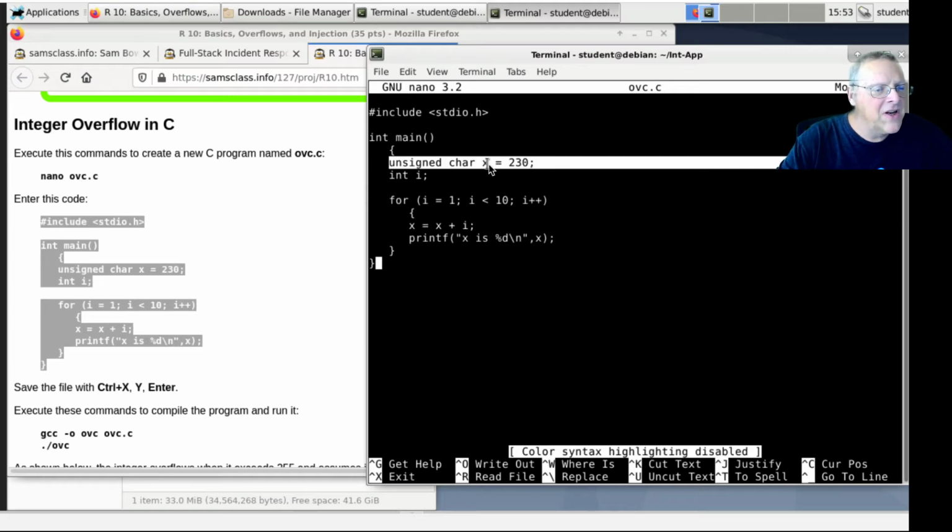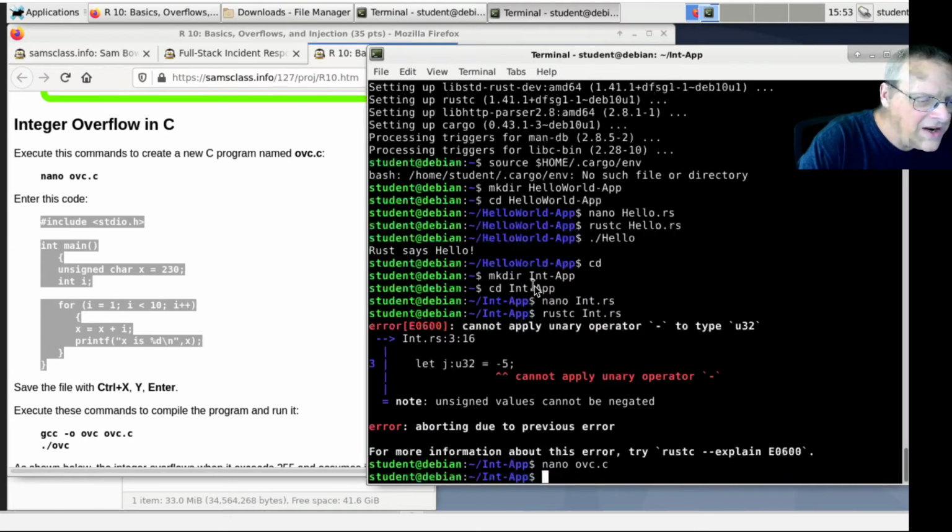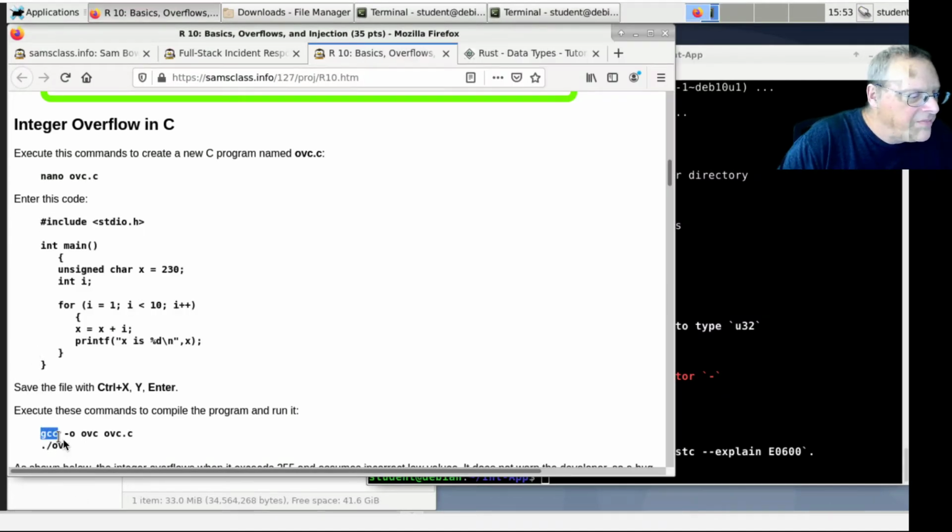So it's perfectly happy for you to define it as a character and set it equal to a number. And you're just supposed to understand that it's only 8 bits in size. So if you start adding to it, if I just add more numbers to it, weird things happen. If I hit Control X, Y, enter, and I compile this with the C compiler and run it, I probably